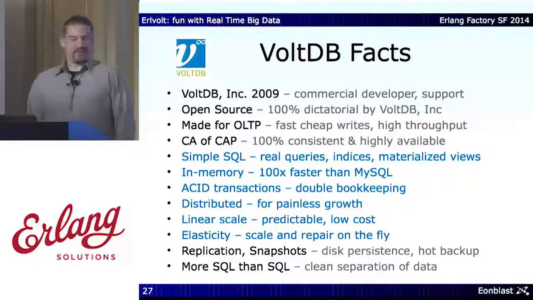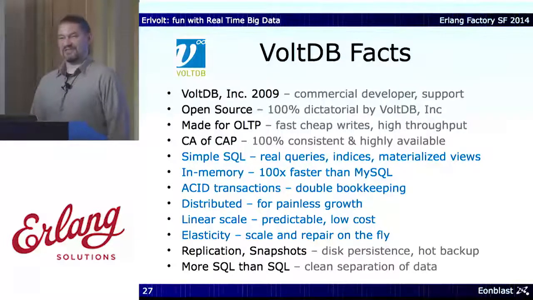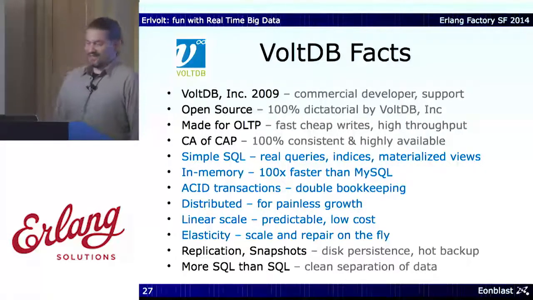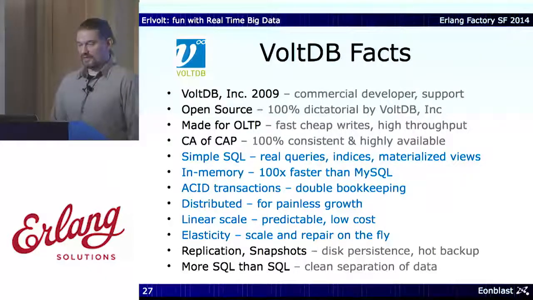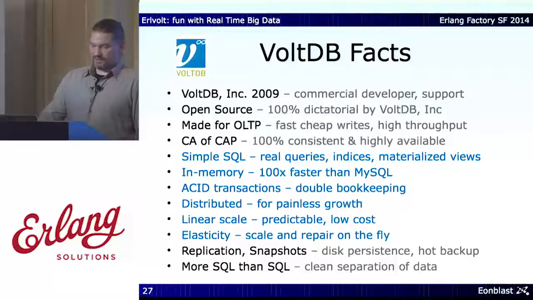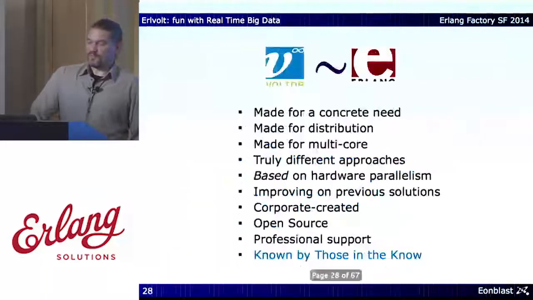If you look at CAP and getting oriented about which category it's in, it's probably on the CA side, although Stonebraker is arguing that CAP is maybe misleading here and VoltDB is really all three. There are also other advantages that I'll come to. There's also one thing: VoltDB, in my view, is even more SQL than SQL. Because it's cleaner, it allows more cleanliness and separation of the data compared to if you, for example, use MySQL.